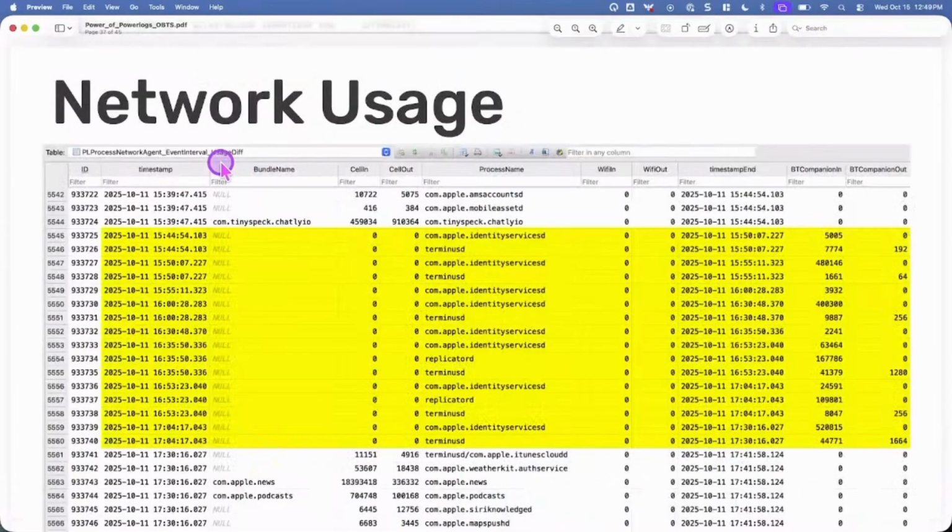More network usage. This one is the usage diff. So this one, kind of the highlighted section here is when I was on a flight. So what you kind of want to see here is the cell in, cell out, Wi-Fi in, Wi-Fi out. So you can see I'm using the cellular versus maybe the airport Wi-Fi or something like that. Checking up on Slack here right before we take off. No activity. And then going back onto cell as soon as we land. So you can see that flipping back and forth depending on the type of networks that you are connected to.